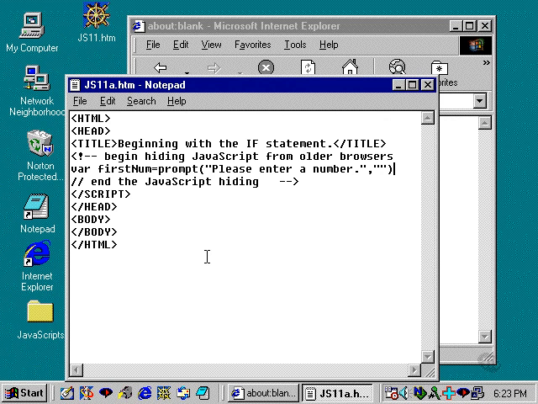Okay, now it's time to talk about conditional operators and the if statement. Conditional operators are used to compare elements with each other. So I may compare a variable with a value, for example, or I may compare a variable with another variable. There are a number of different comparison operators which we'll get into later, but the most important one is the